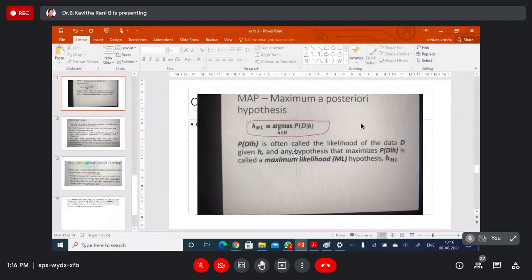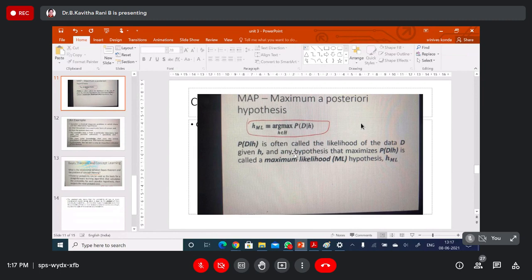So when you calculate the hypothesis, you have training examples, and those training examples are given to the system. Before giving to the system, the data which is present is divided into parts: training data and testing data. With the help of training data, you generate a model. With that, the model will be ready. After that, you will test the model.